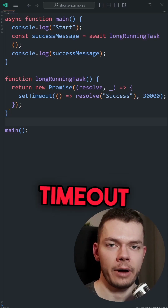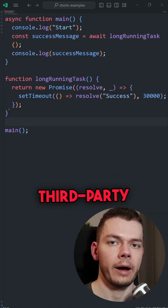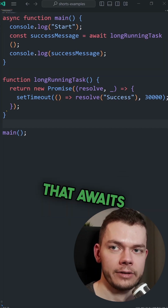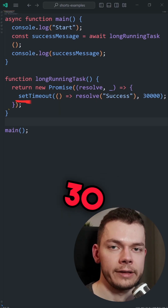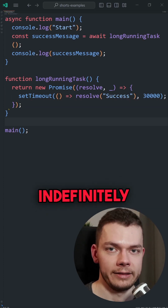Sometimes you need to time out a promise in JavaScript. For example, when it calls some API through a third-party library which takes too long to respond. As an example, I have set up this function that awaits a long-running task which needs 30 seconds to finish. But in the real app it might never finish at all and just keep running indefinitely until you leave the